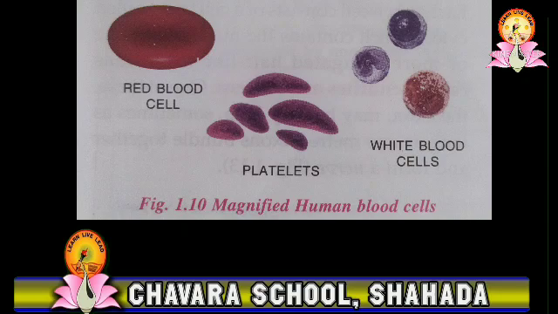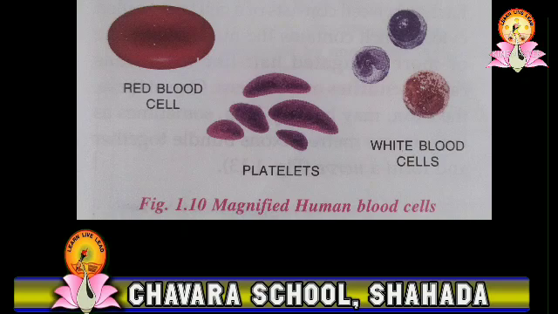The main function of WBC is to protect the body from disease causing germs, that is, it provides immunity to the body. It provides immunity in two ways. First, it digests the disease causing germs, and second, it generates some chemicals and antibodies which kill or destroy the germs.